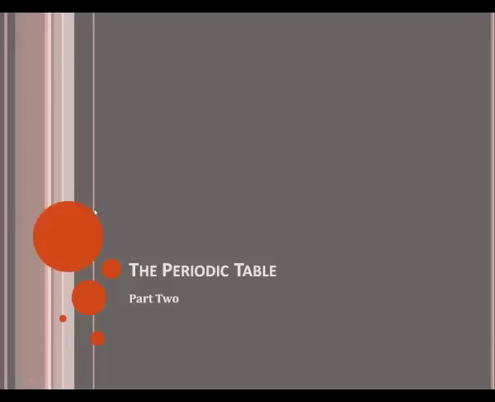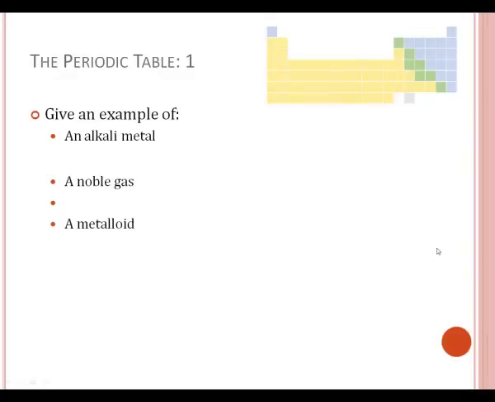So we've now reached part 2, which are questions that focus on the periodic table. Our first question asks us to give an example of an alkali metal, a noble gas, and a metalloid. So if you look on your table of elements, the alkali metals are going to be found in this first column, except hydrogen. So a possible example of alkali metal could be